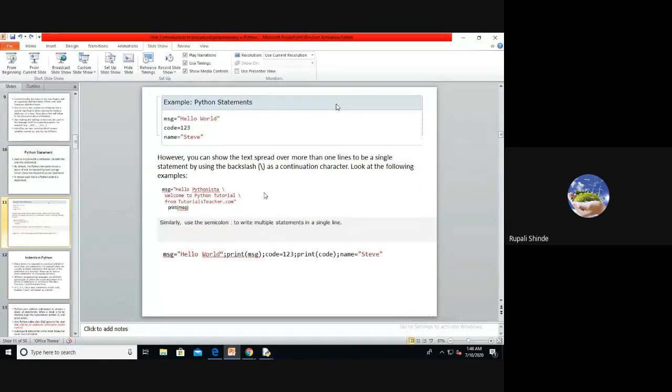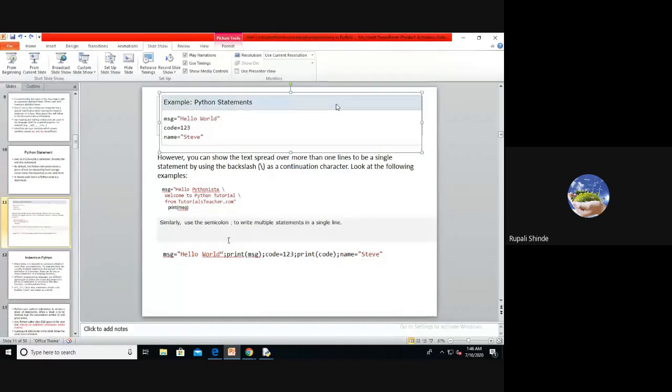It is the second way to write a statement in the Python language. The first way is like this. Simply we write the statement, and whenever we hit the enter key, it indicates that it is the end of the statement. Then if we want to write a single statement within multiple lines, we have to use the backslash to continue the line. Okay.